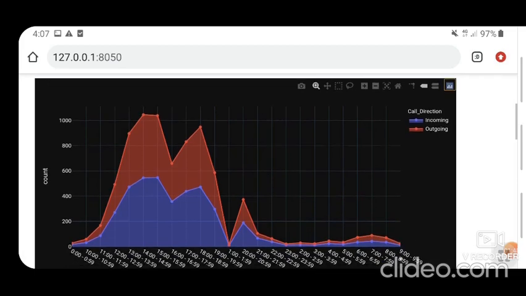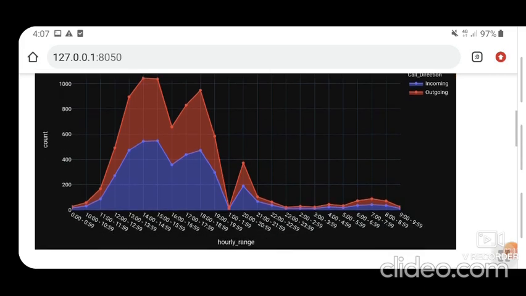Now as we can see, the graph is formed in which the x-axis contains the hour and the y-axis contains the count. And we can see as the scale, the blue lines are of incoming call and the red lines are of outgoing call. So this is the graph based on the 23 June to 25 June incoming calls and outgoing calls.